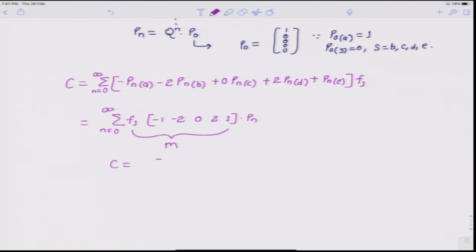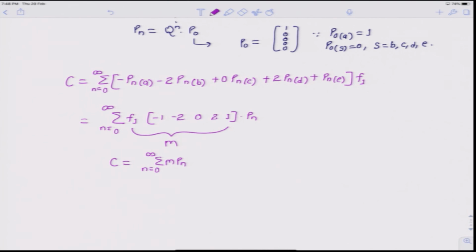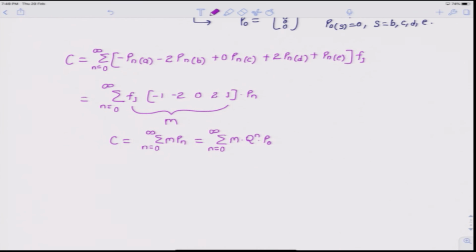So, we have C is equal to summation of M times Pn, and we know Pn can be expressed as q to the power n times P0. So, this should be equal to summation of M times q to the power n times P0. So, let us try to evaluate the value of M times q to the power n. So, let us first try to evaluate the value of